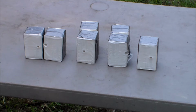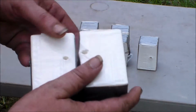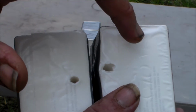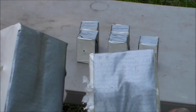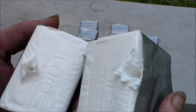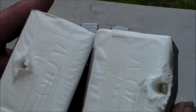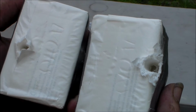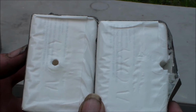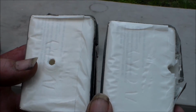Okay, here's the blocks of soap that I shot with both rifles. These two here, this is the 177 and the 22 caliber. The reason I did two blocks of soap is to give a better effect, and that way you could tell a little bit more about what the pellet was going to do as it passed through something. Because see, both of these was the pointed bullets. These two were the 177 22 caliber destroyer pellets, where they hit,